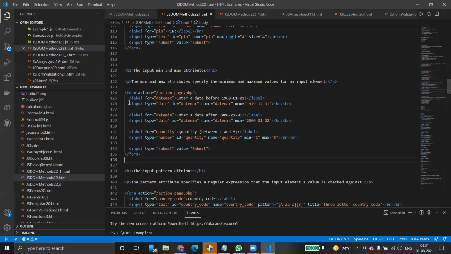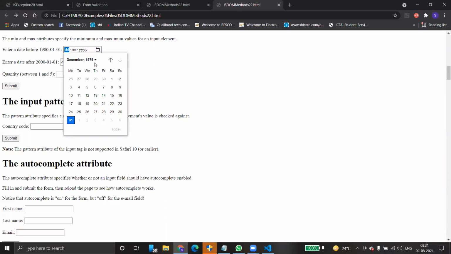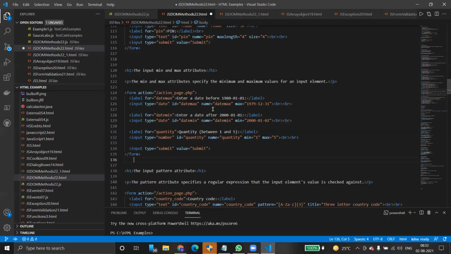Date field. It tells us the maximum value is 1979-12-31. That's the maximum value, it does not allow more than that. If you try to give 1980, it does not allow. So just go to 1980. See, it's going October and all. See, it reaches 1999. See, it is disabled completely. That means it is not allowing more than this value. 31st 12, so till that time only, it tells us the maximum value.